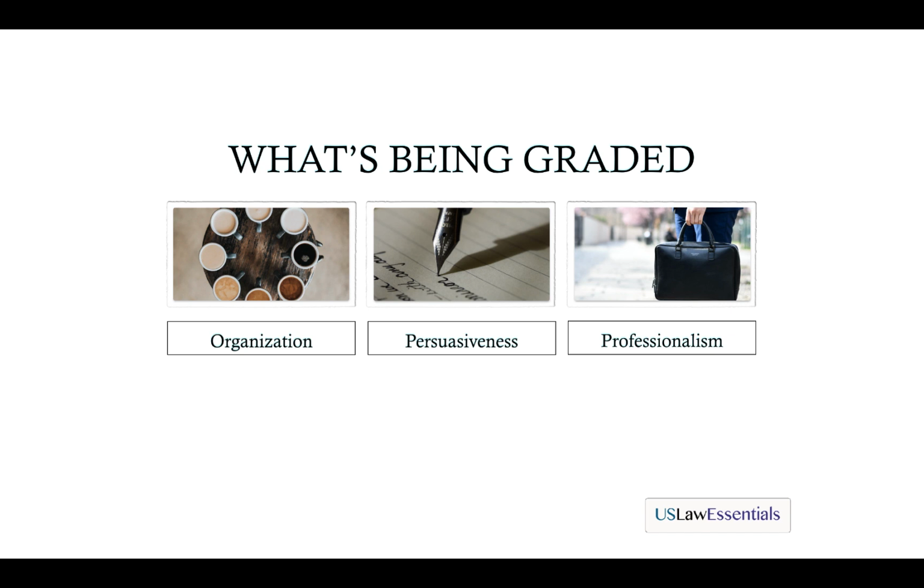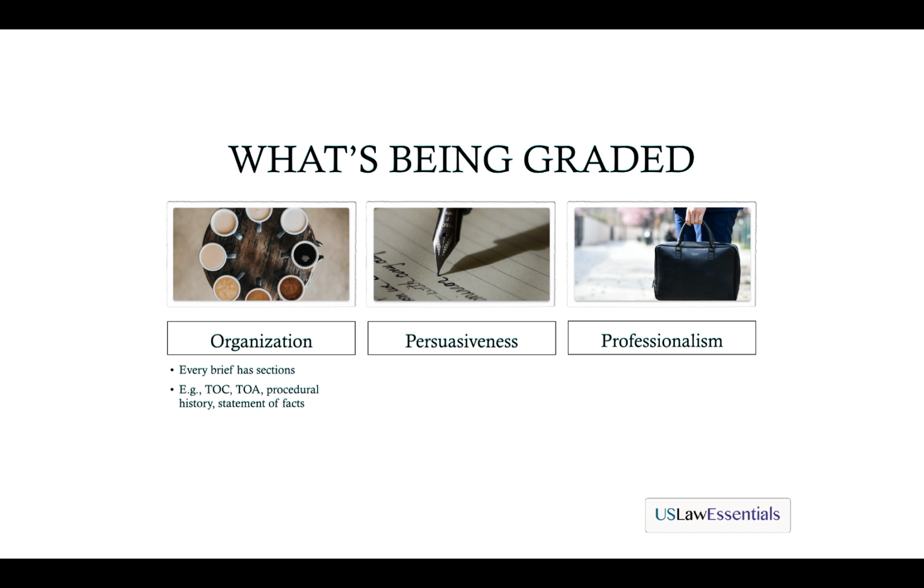On your law school memo, typically you're being graded on 3 different categories: organization, persuasiveness, and professionalism, even though the actual rubric is going to look a lot different from this. Organization is really quite important. Your professor, your instructor is going to be looking for clear organization,